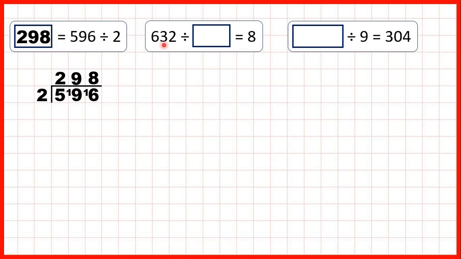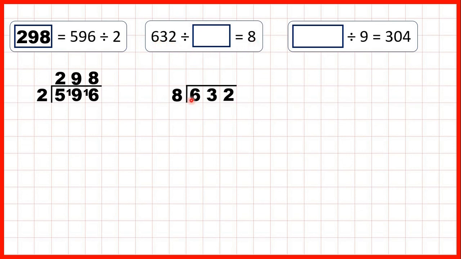Now 632 divided by something equals 8. Well, here it's the second number, or the divisor, that's missing. And when the second number in a division problem is missing, we still need to use division to find our missing number. So we need to divide